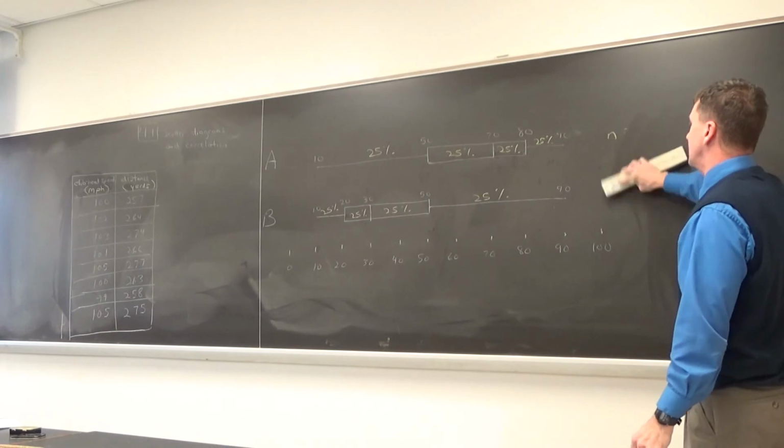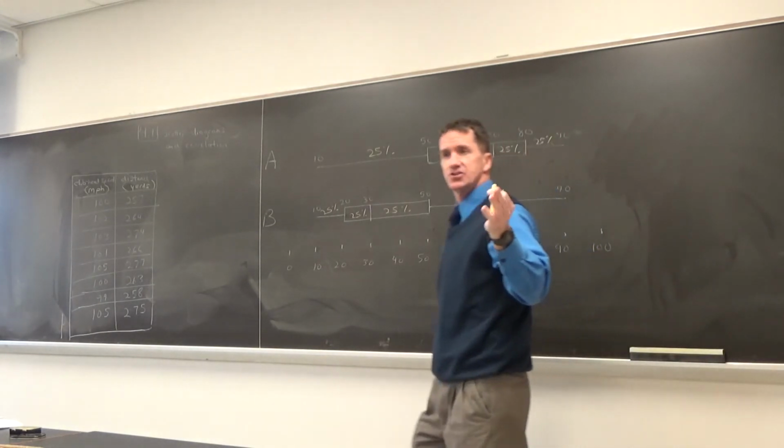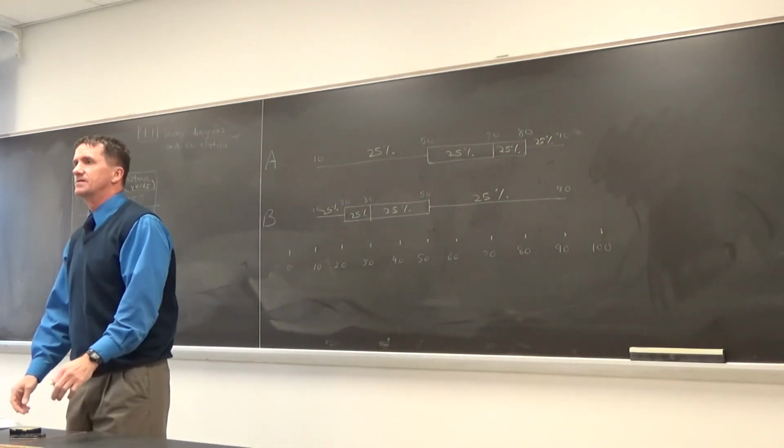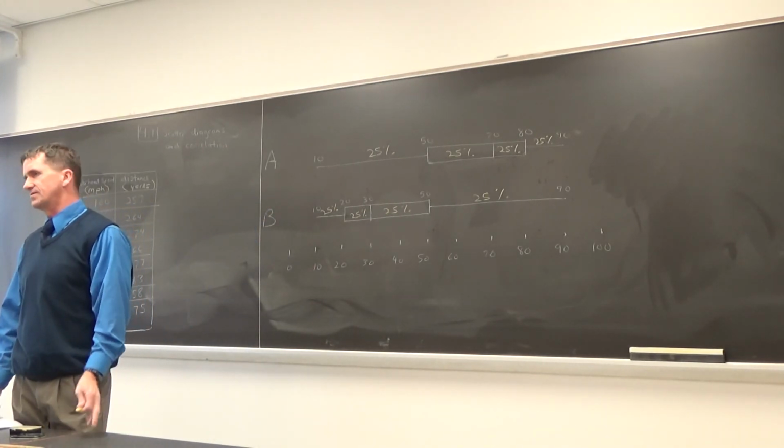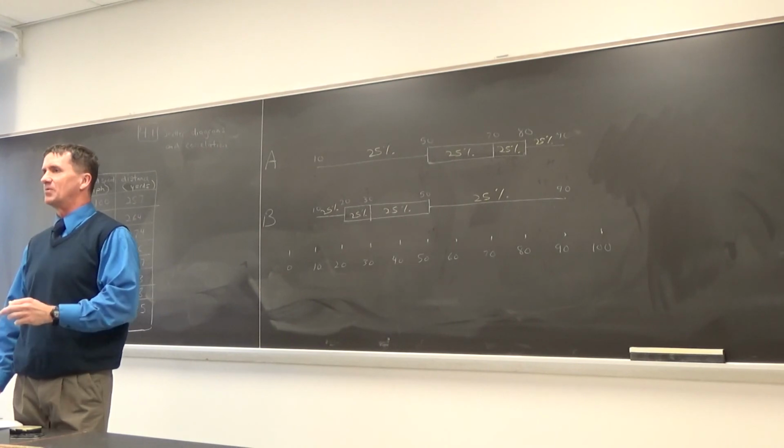You know, it wouldn't be a bad idea if you ever produce one of these to show your sample size off to the side, right? N equals 52 students or something like that. So does everyone go with that? That's the one thing I want to point out. You go, okay, we don't